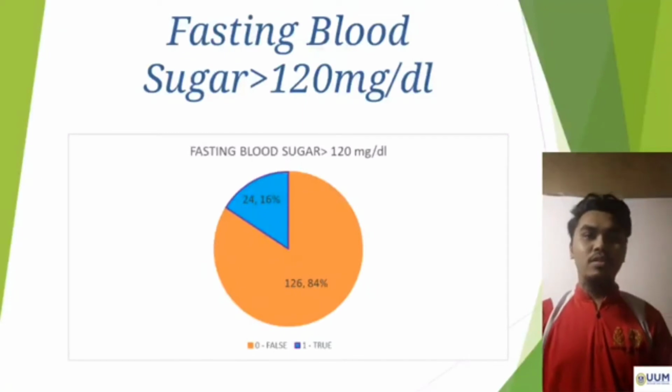The pie chart in figure 3.2.4 shows the percentage of patients whose fasting blood sugar is more than 120 mg. From the pie chart, we can see that the patients who say false, meaning their fasting blood sugar is not more than 120 or 126, equate to 84%, more than the patients who say true, which is 24 and equates to 60%. Thus, we can see that the majority of heart disease patients who say false are more numerous than those who say true.